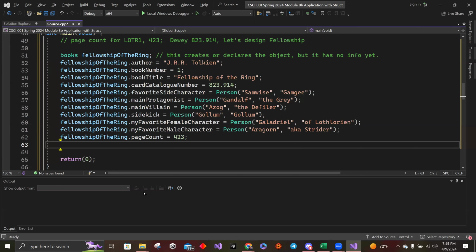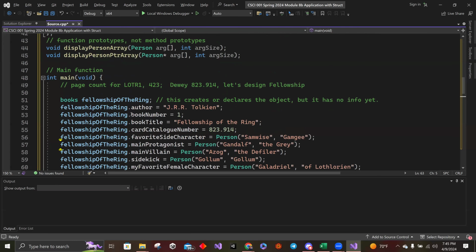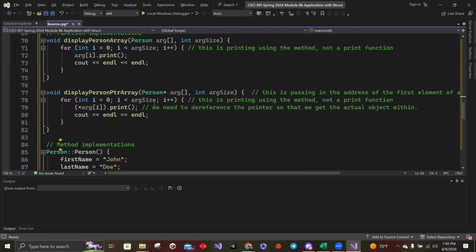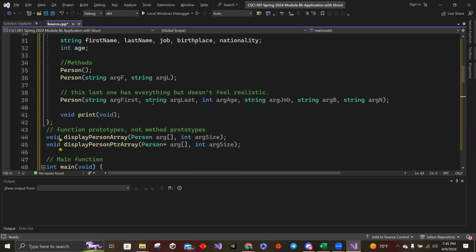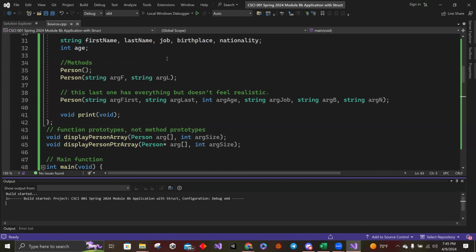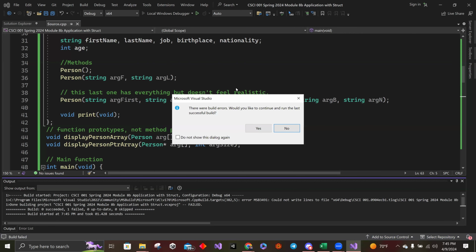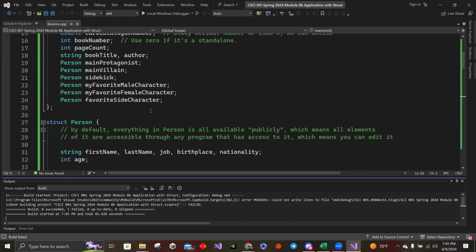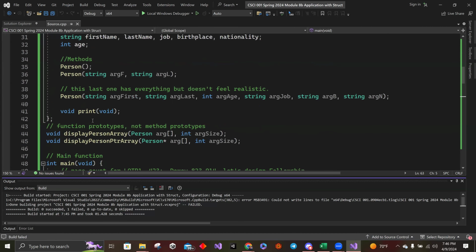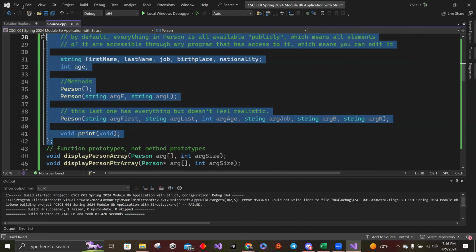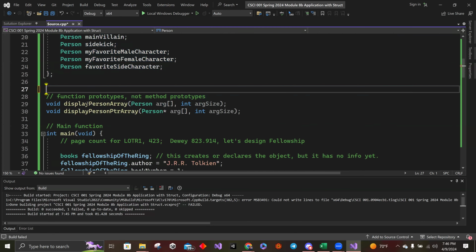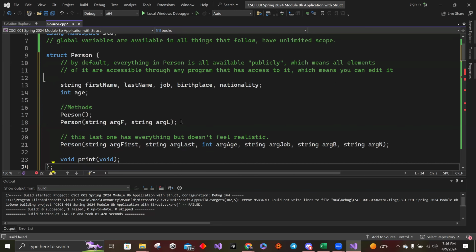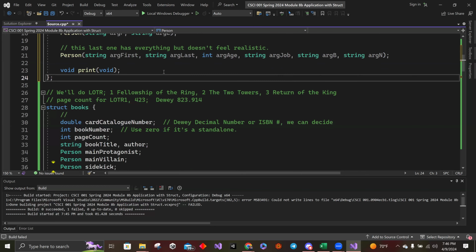I understand your point though, because sometimes it does. I bet it still does. It may not say it yet. Yeah, see, it does. It's not pointing out the error, but if I move person back up above and then run it,